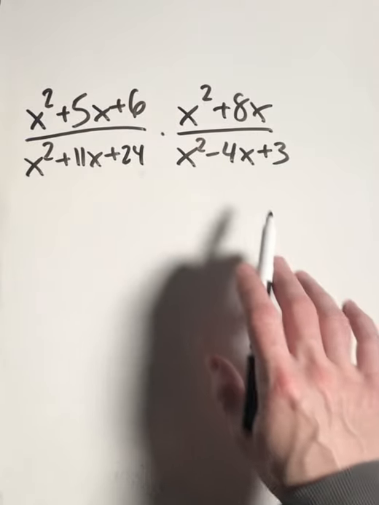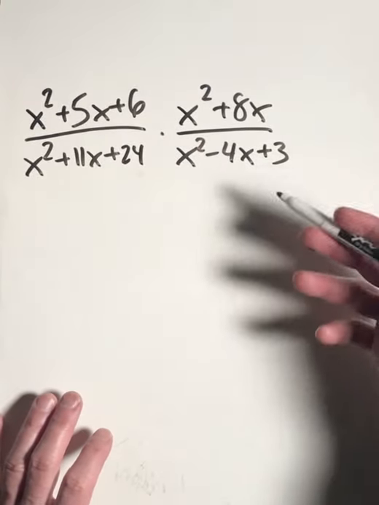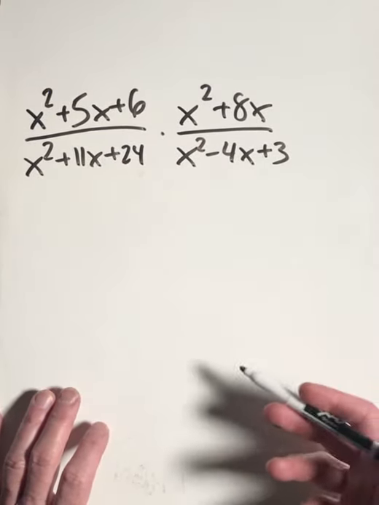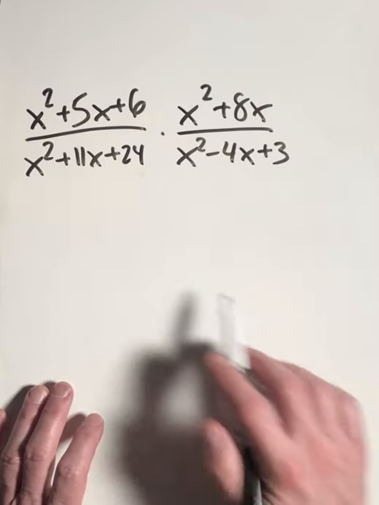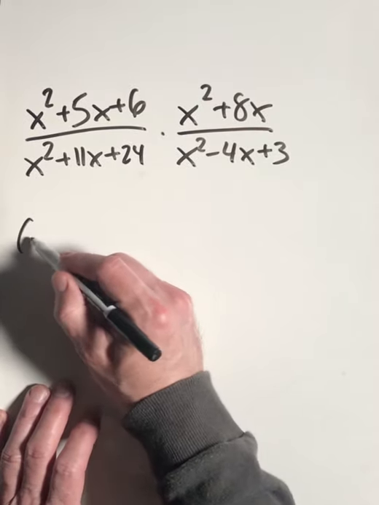To multiply these two rational expressions, the first thing we need to do is factor all of them, and then we will look to cancel factors, and then finally we will look to simplify what we have left. So to factor this up here, since I have a coefficient of 1, I'm really looking for a pattern